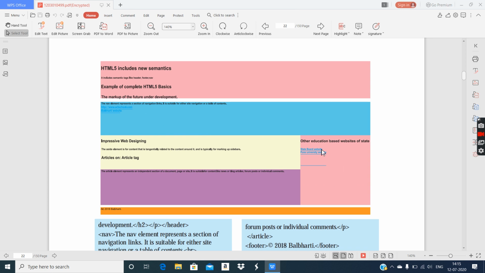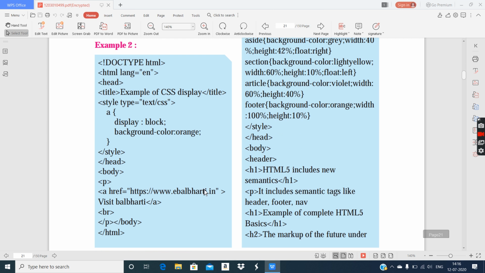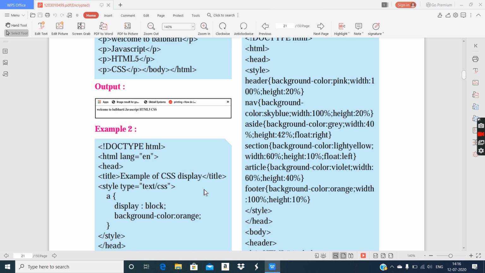Not even this aside, because you have not applied any height, any width, nothing. So they will look like just some text one below the other getting displayed. So if you want to prepare sections like this, you have to use CSS and provide height, width, background color wherever needed. You have to apply float. If you want some more spaces, you have to provide padding. So this is how it works.